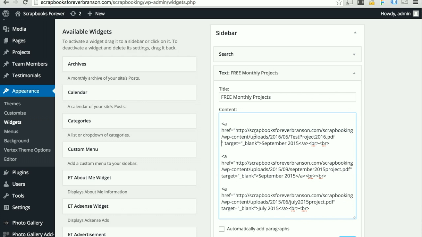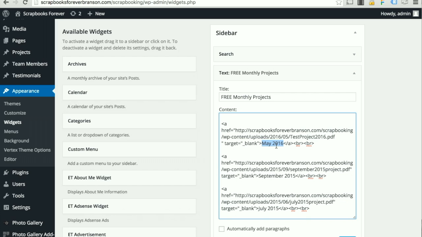If you noticed, that's changed this path to the correct path for what I just uploaded and what I'm wanting to use. So I'm going to change this now from September 2015, and you'll do it whatever's applicable. If you're doing May 2016, then you would put in May 2016 here. That's what your visitors are going to see. And when they click on that, it's going to open this PDF file above in a new window, because I've got the target equals blank here. But those are the only two segments of this chunk of code that you'll have to worry about every single month. Is you'll copy and paste the one before, you'll cut your new path in here between the quotes,